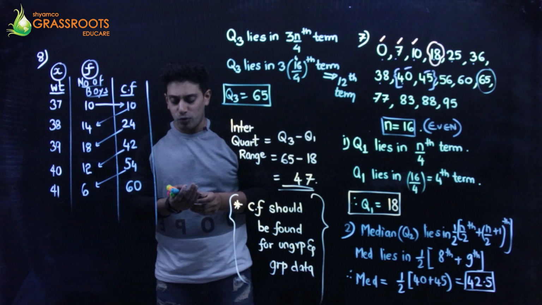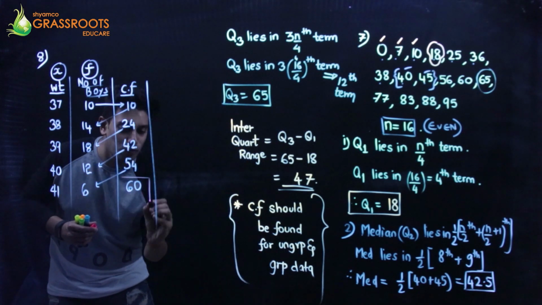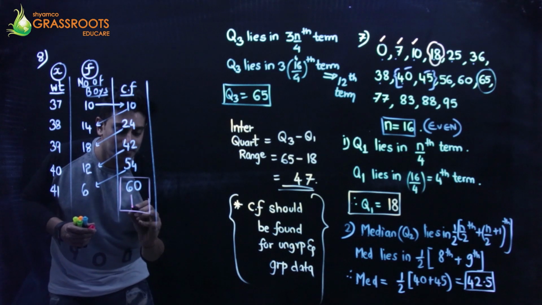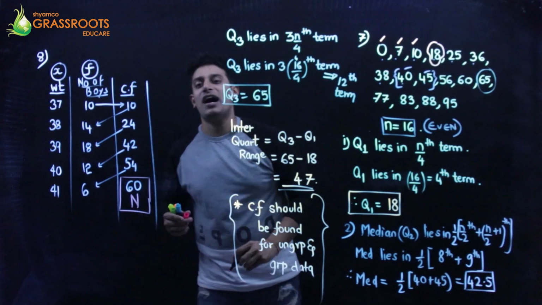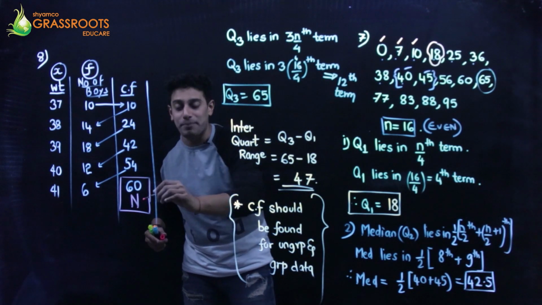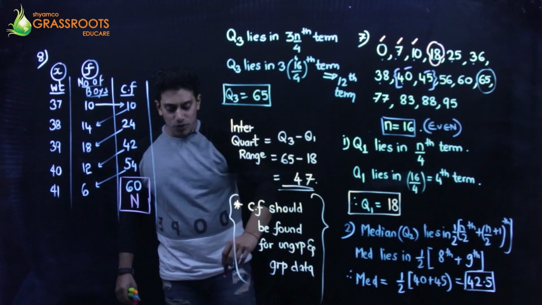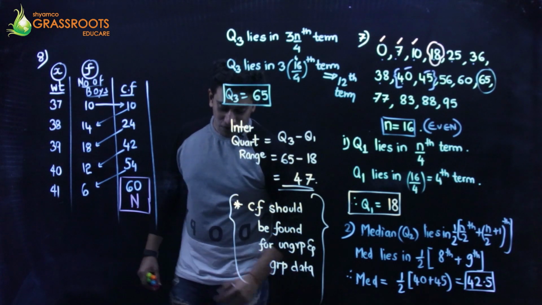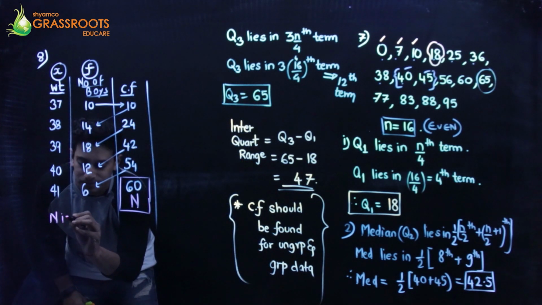All of you remember one thing: this 60 is your capital N. For grouped and ungrouped data, I said it's not going to be small n, it's going to be capital N. So 60 is your capital N, and it is even. What do you have to find out? Median, you have to find out everything. Since N is even,